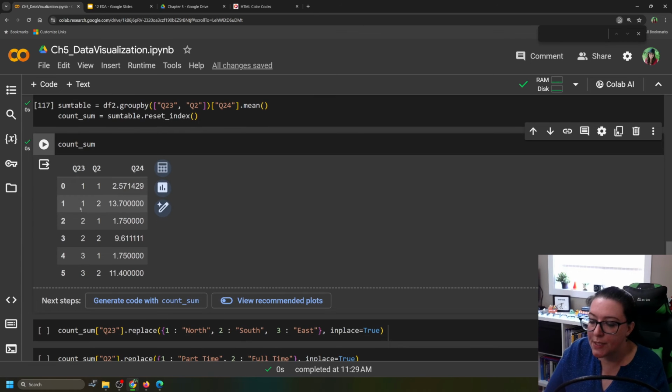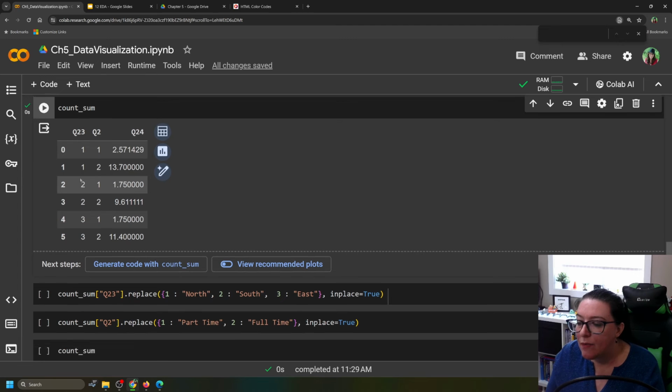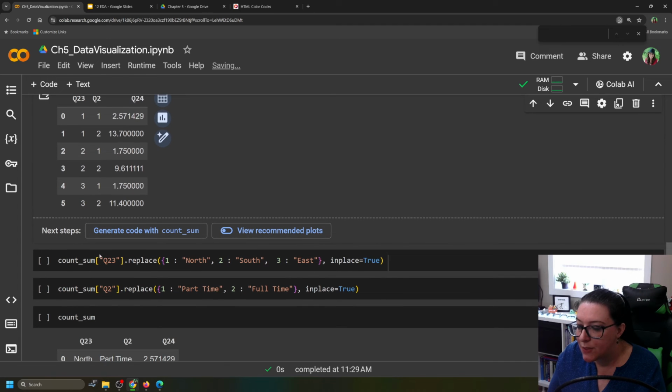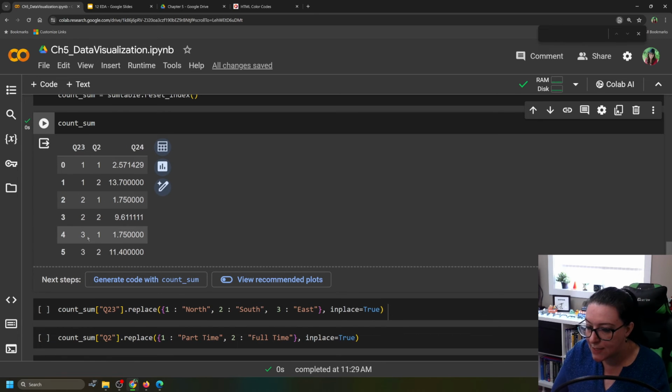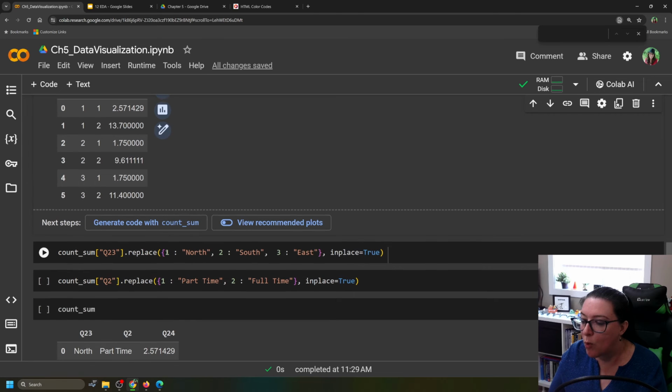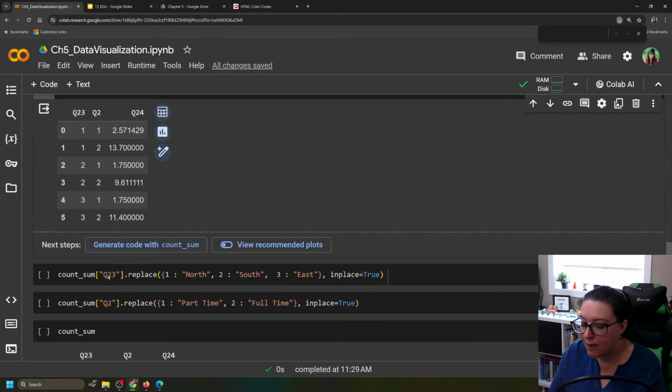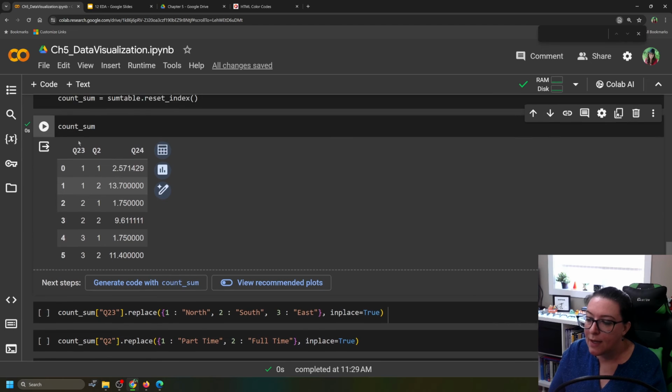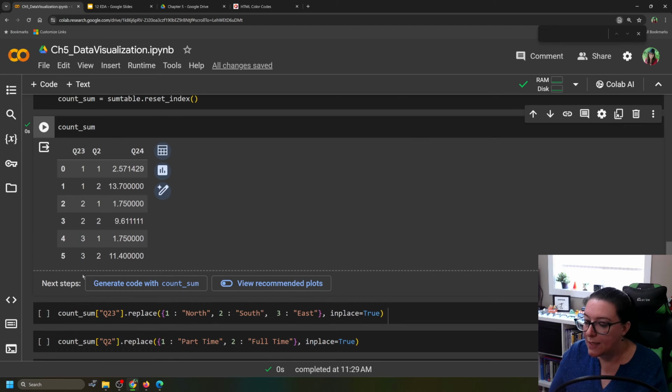Then we have our numbers here. If we are using the coded data set, then we're going to have to replace them with the labels. If you are using the original data set, you don't have to do this labeling. If we happen to have the coded data set, we're going to need to replace it. So we're going to make 1 north. It's going in, finding question 23 in our count sum table, and it's going to replace 1 with north,